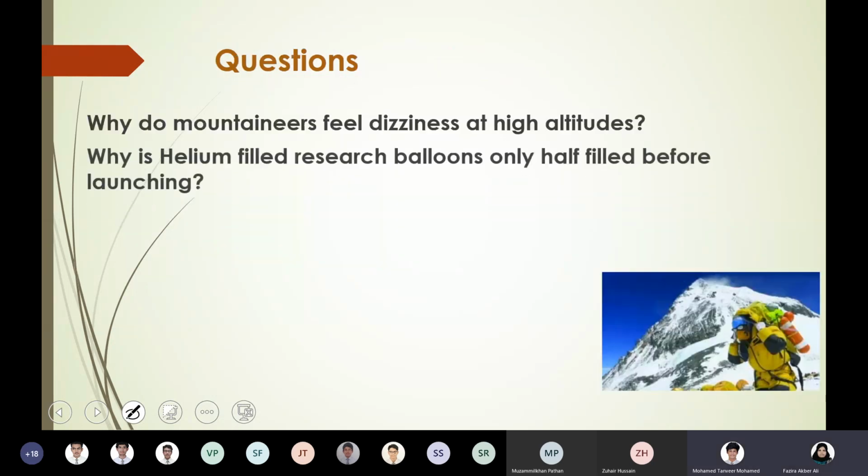So these are the different questions connected to Boyle's law. They can ask application questions and they don't mention the name Boyle's law, but in both cases you can see, at higher altitude, what happened to the pressure? Is pressure high or low? Yes, Jonathan? It's lower, ma'am. Yeah, it decreases. At higher altitude pressure is low.